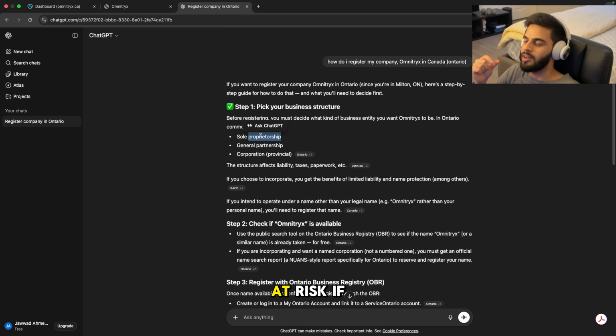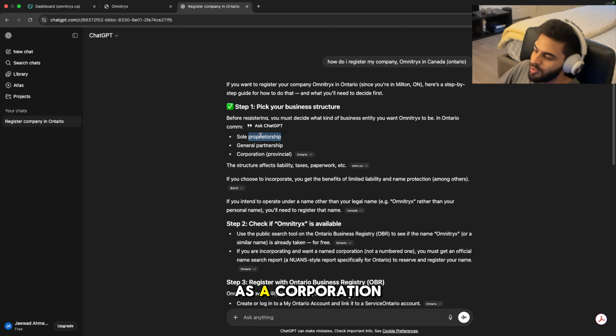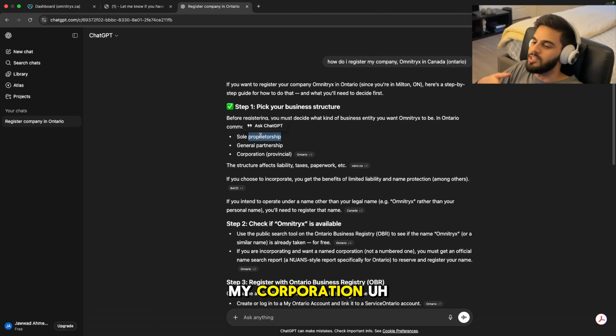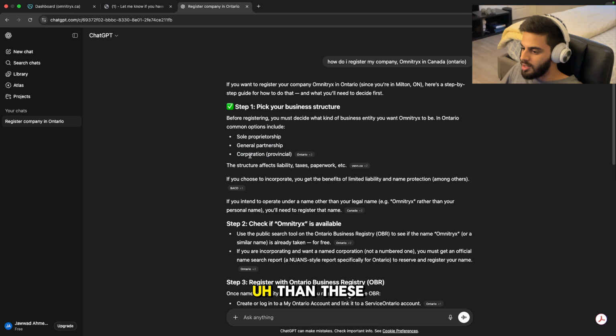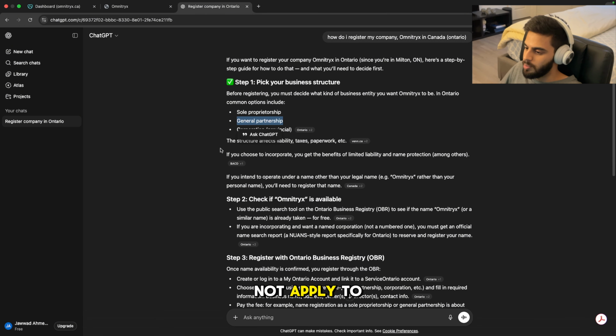Your assets are at risk because if somebody sues you, whatever you own, for example my car, becomes at risk. But as a corporation, if somebody sues my corporation, they won't touch my personal assets. Yes, a corporation is much more expensive than these two. And it's not a general partnership. I'm not doing any partnership with anybody, so this does not apply to me.